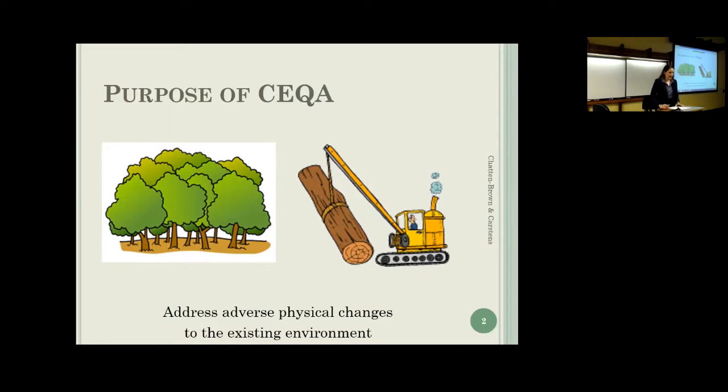As Susan mentioned, CEQA was adopted in 1970, and it was modeled after the federal law, NEPA, which we'll touch on just briefly at the end here. And CEQA is made up of Public Resources Code sections, and the California Resources Agency has adopted guidelines that implement these sections of CEQA.